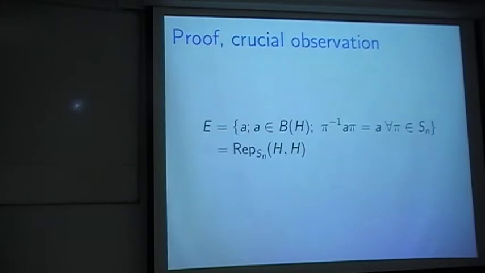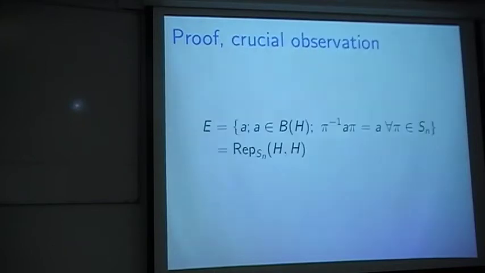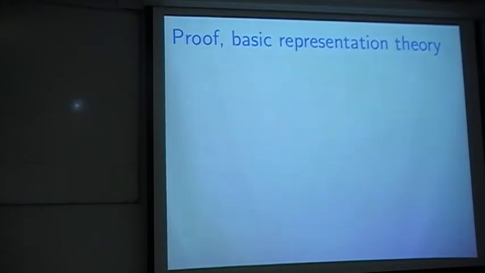So the example of a representation here is H, because the symmetric group acts on H. There's a homomorphism from the symmetric group to the endomorphisms of this Hilbert space. So if I have a representation on V of a group and I have a representation on W of a group, then I can look at the direct sum of the vector spaces, and there's an obvious representation on that direct sum.